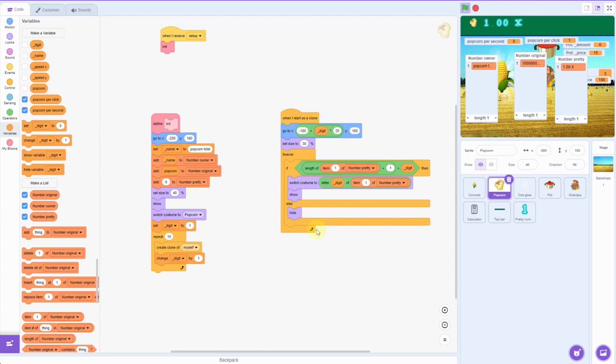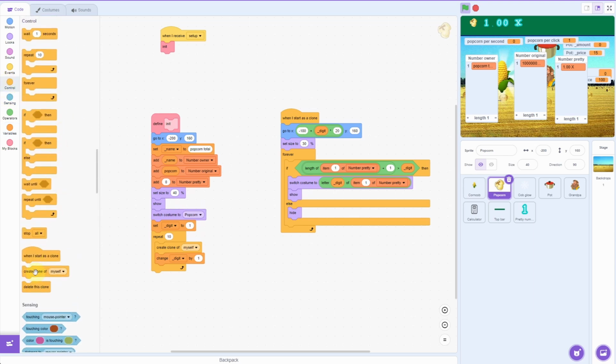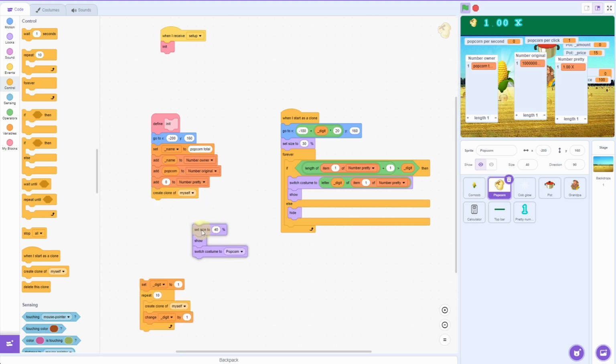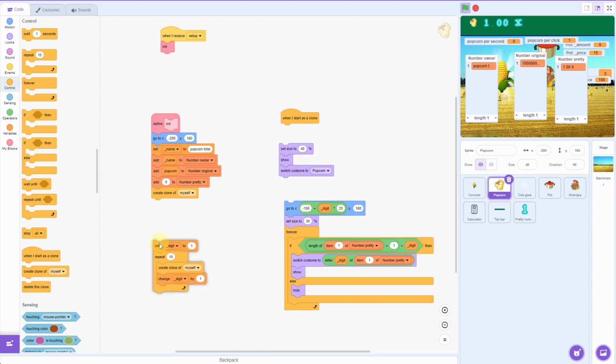So I'm going to move this over here. What I'm going to do is say create a clone of myself here. And I want to move this up here. Now I need somehow to know, am I trying to make the popcorn or am I trying to make the number down here? So I could set,